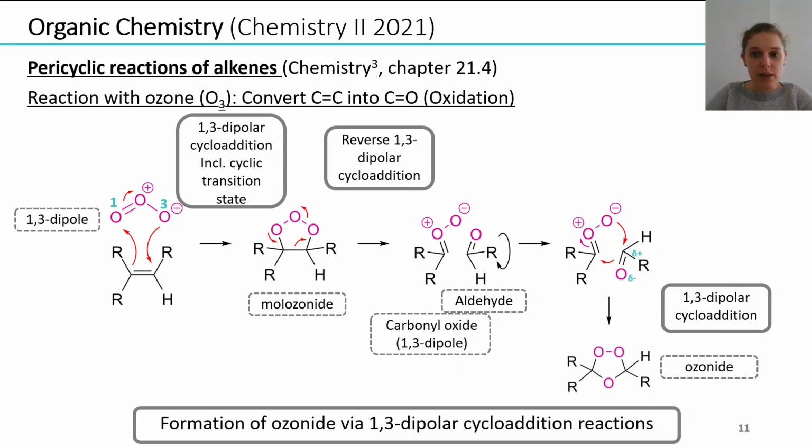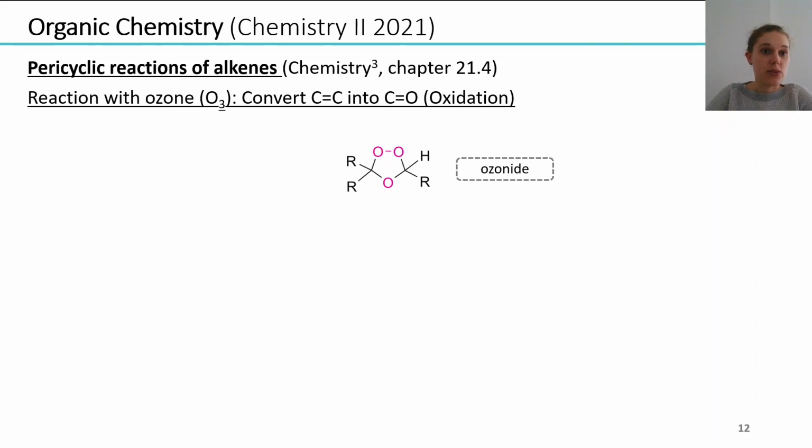And ozonides are already much more stable compared to molozonides, but they are still very reactive, and usually they cannot be isolated from reactions and they even explode. So, what is now our next step? As ozonides are so reactive, they are usually converted into more stable carbonyl compounds by reacting with either reducing or